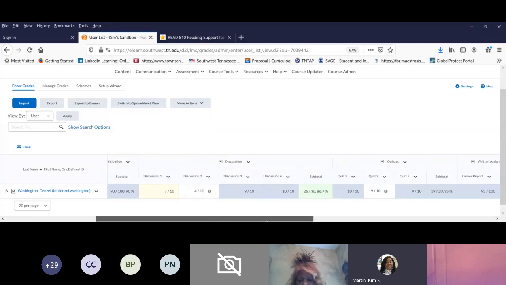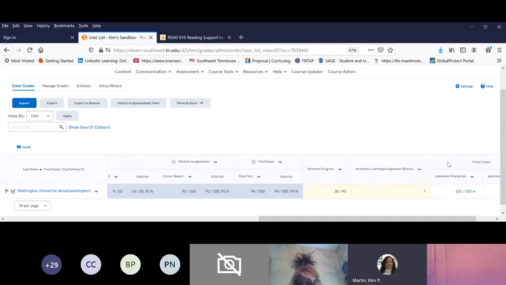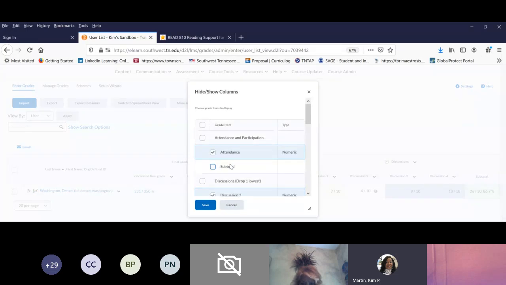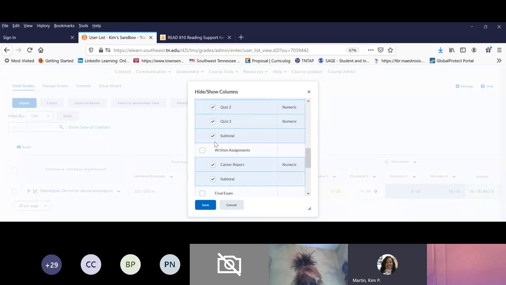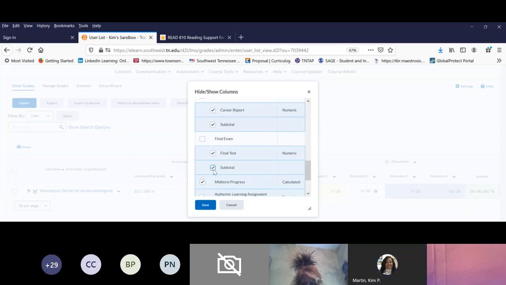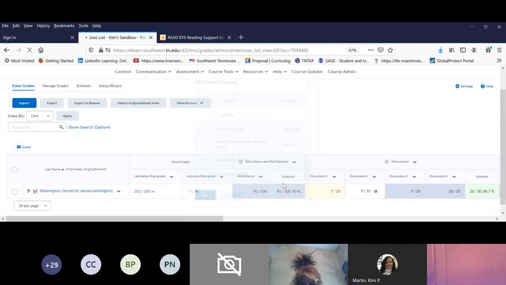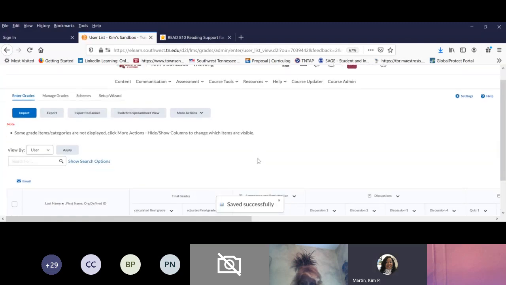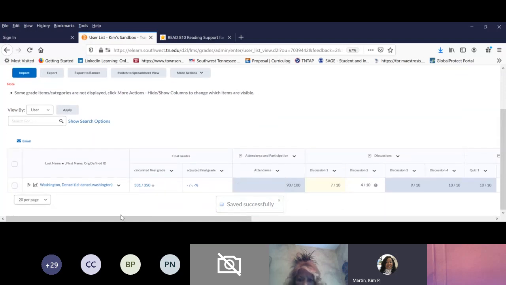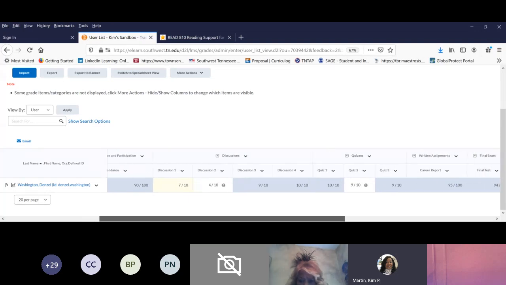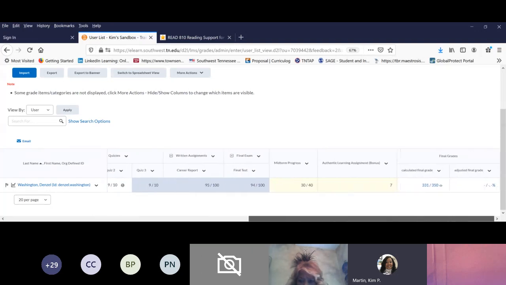But if you find that your gradebook is extensively long, you can go here to hide and show, and you'll see where I can just turn off each one of my subtotals for my categories. Okay, and that helps your gradebook shorten a little bit. And this is what your gradebook would look like, and it gives you a little message, like it bosses you around a little bit and tells you what you've done wrong and what you shouldn't do. But yeah, you'll notice that the subtotal columns